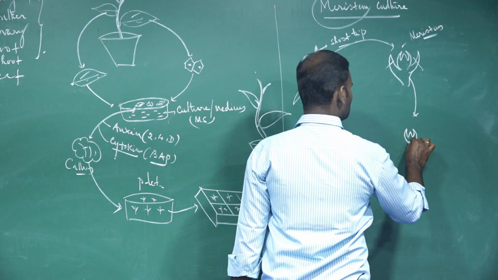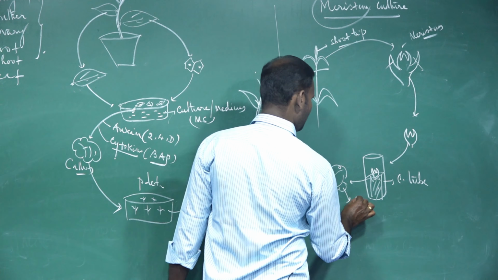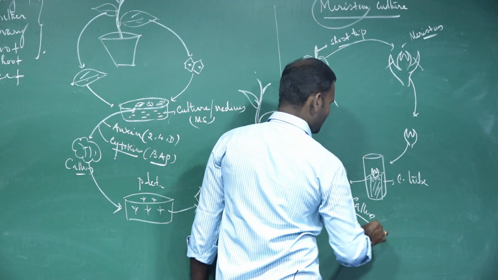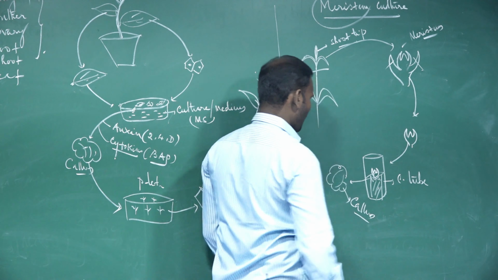It is induced to regenerate callus. We know how to induce callus under the influence of auxin and cytokinin. From the callus, we have the ability to develop 1,000 plantlets. All these 1,000 plantlets are identical copies, I mean genetically uniform populations, obtained from the callus to the regenerated plant body. Yes, the plant bodies get regenerated. These are called meristem culture.